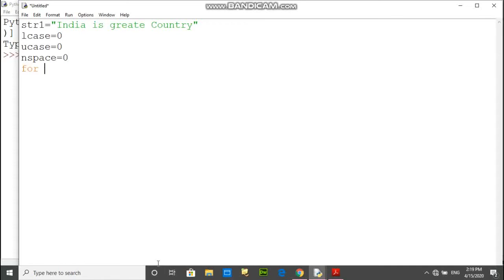First of all, we have to take for k in str1 and check. So if k.islower(), then we have to increase lcase plus 1.